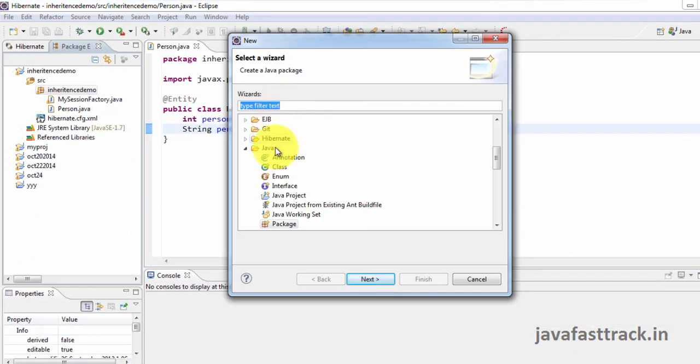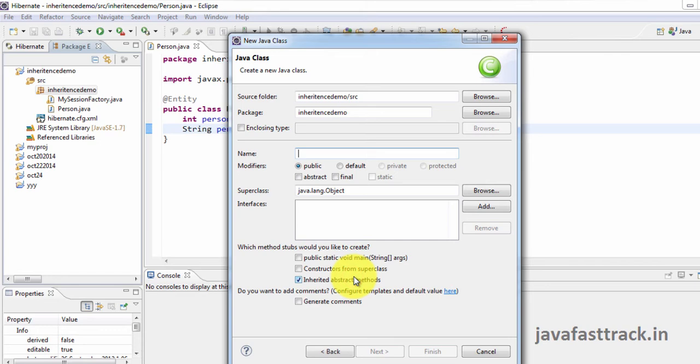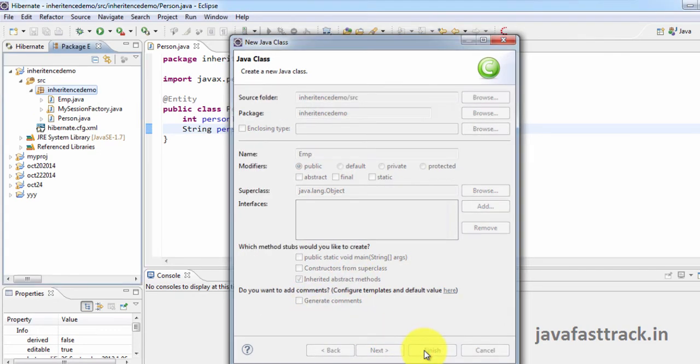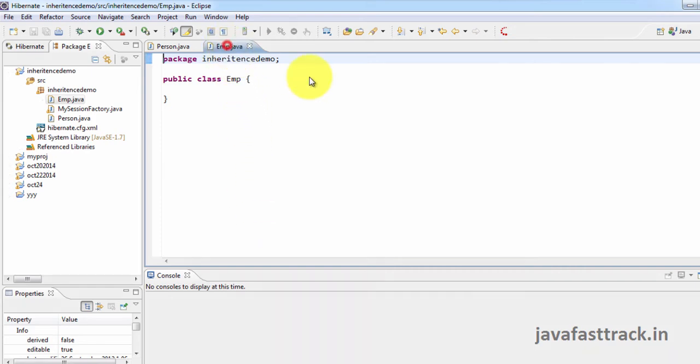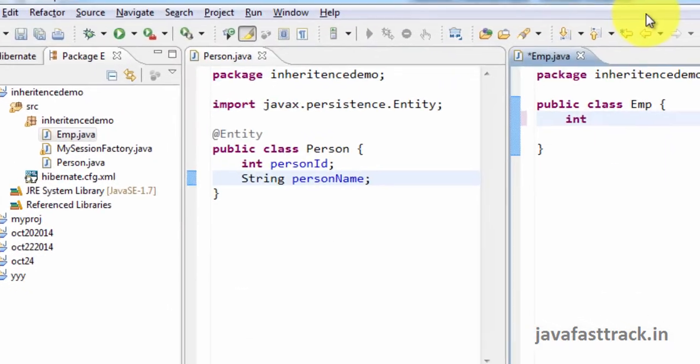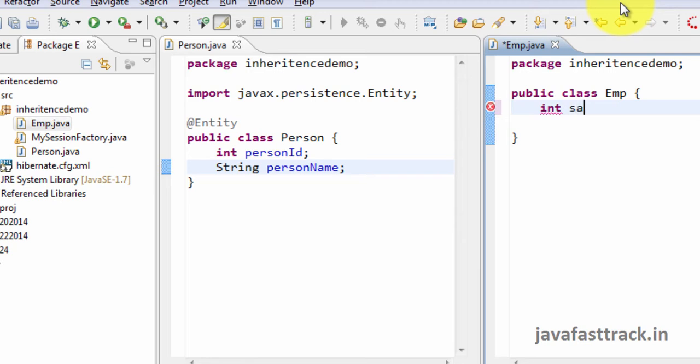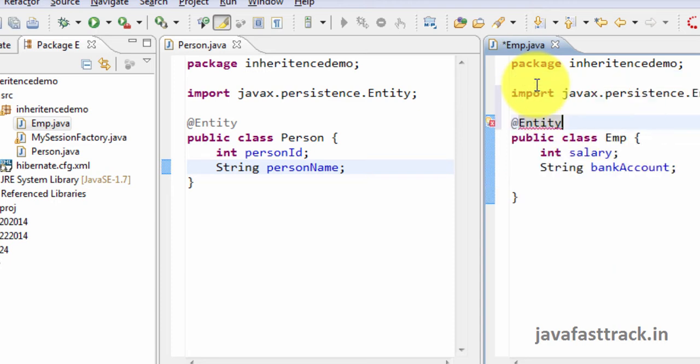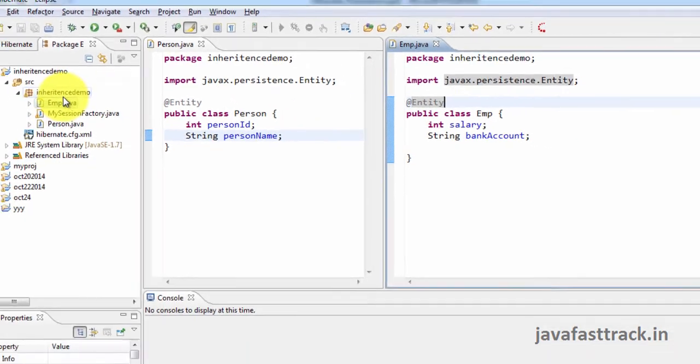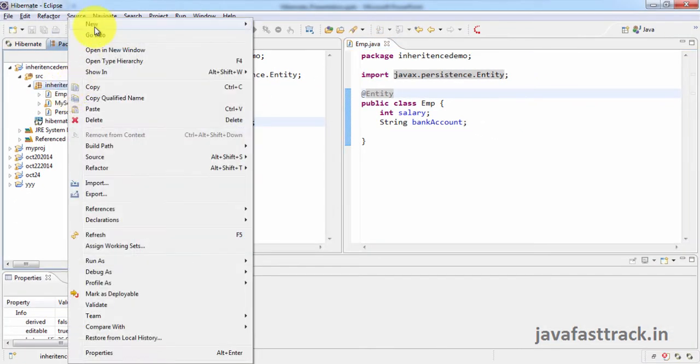Next class is the employee class, with two fields, salary and bank account. This also has to be persisted, so you mark it with entity annotation. The last class is the student class.